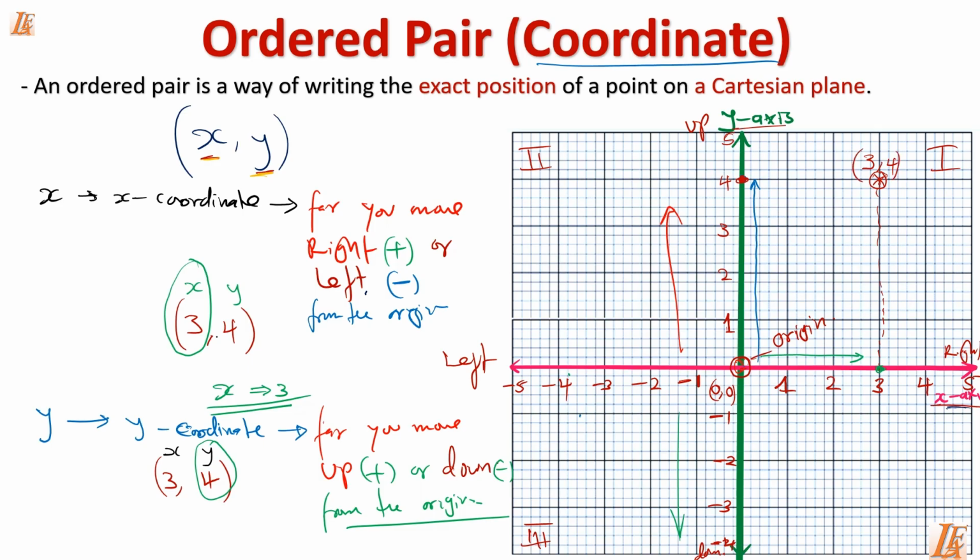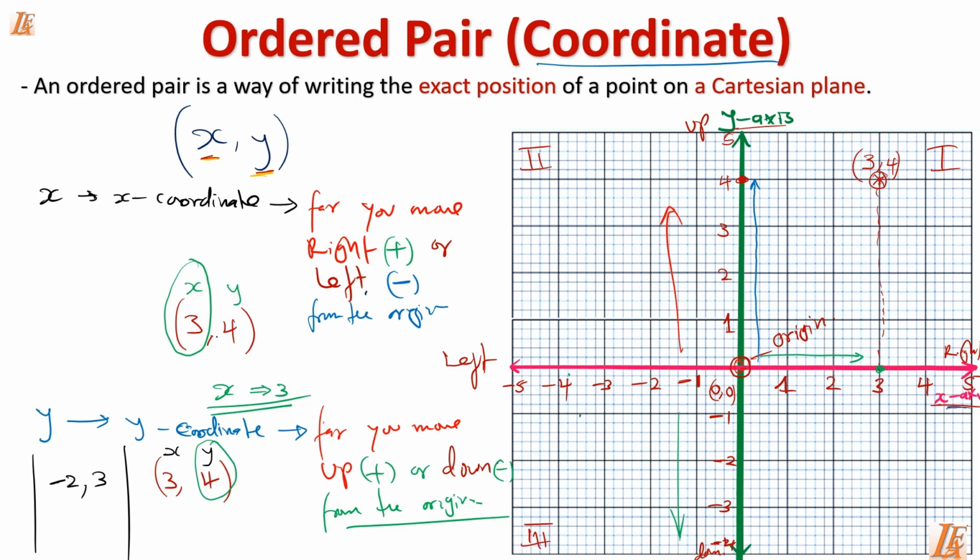It means we have moved 3 points to the right from the origin, and from that point we have moved 4 points upwards. That's the point which we call (3, 4). And I want us to locate another point. For example, let's locate this point,